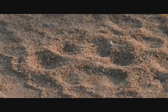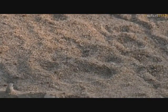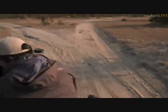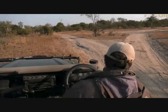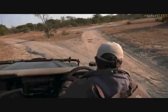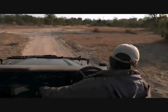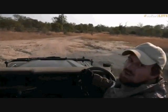So I was just going to say we've got a beautiful big lion track that we're going to follow, but it sounds like the guys have found Tingana exactly where we had just seen his tracks, which were coming this way, and I wanted to check Chelapan, but it doesn't sound like he's come this far just yet, which is fantastic. So let's try and catch up with them, and we'll just follow the lion track as we go, because it's going north up the way we want to go anyway, which is fantastic. So we're going to just carry on going, and I wonder if we didn't just drive past Tingana